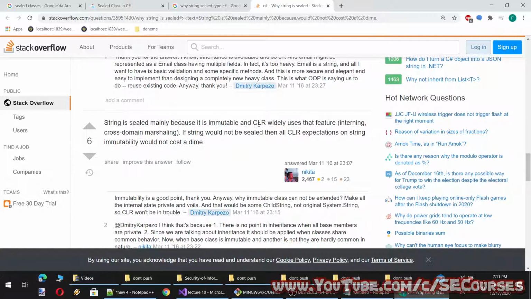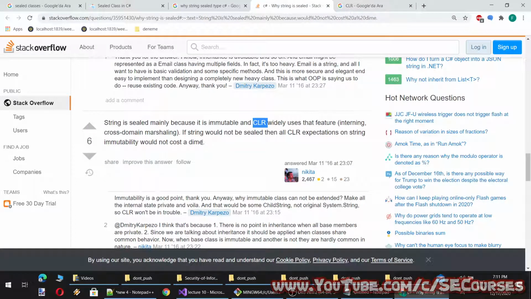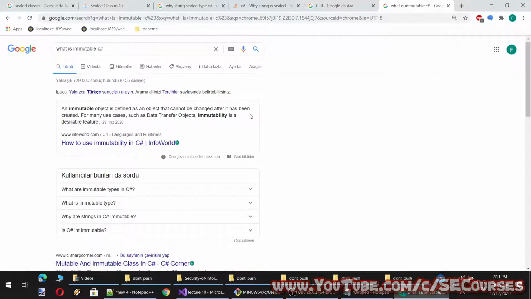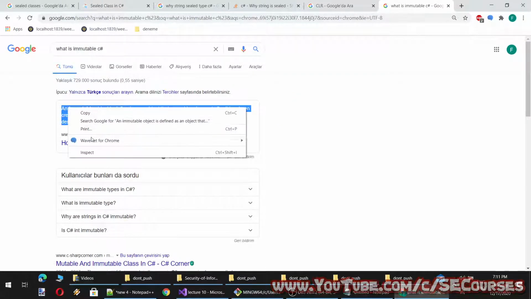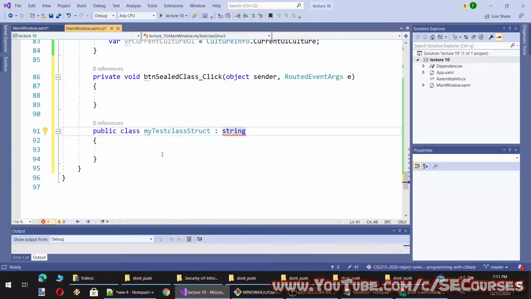Okay. CLR is the common language runtime. Okay, so what was immutable? Let's remember it as well. An immutable object is defined as an object that cannot be changed after it has been created. For many use cases, such as data transfer objects, immutability is a desirable feature. Okay, what does that mean? That means that